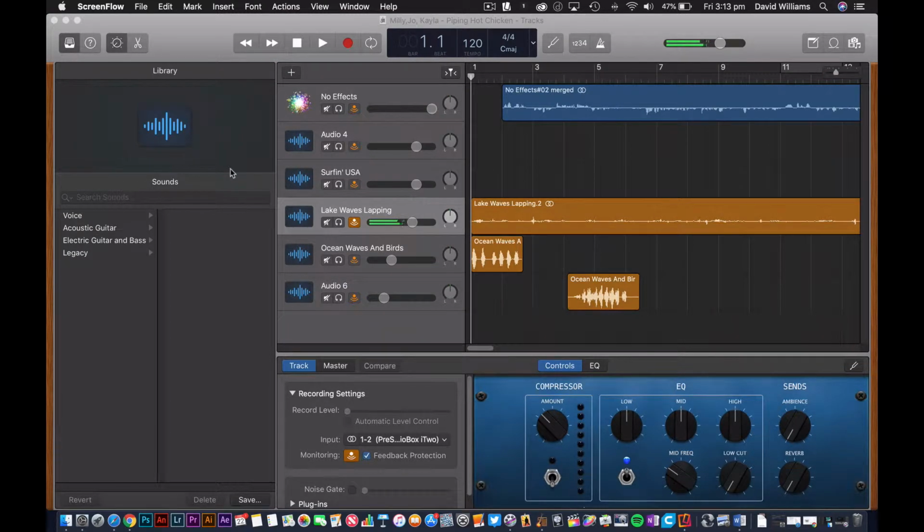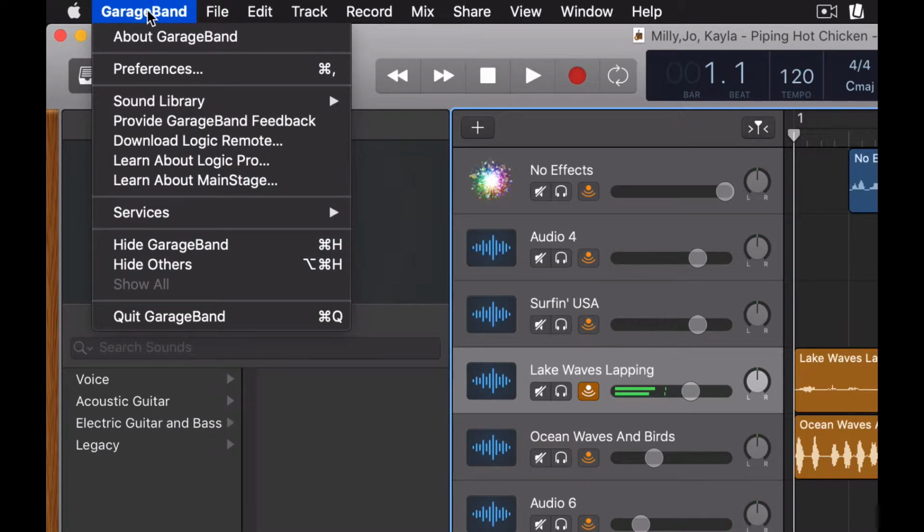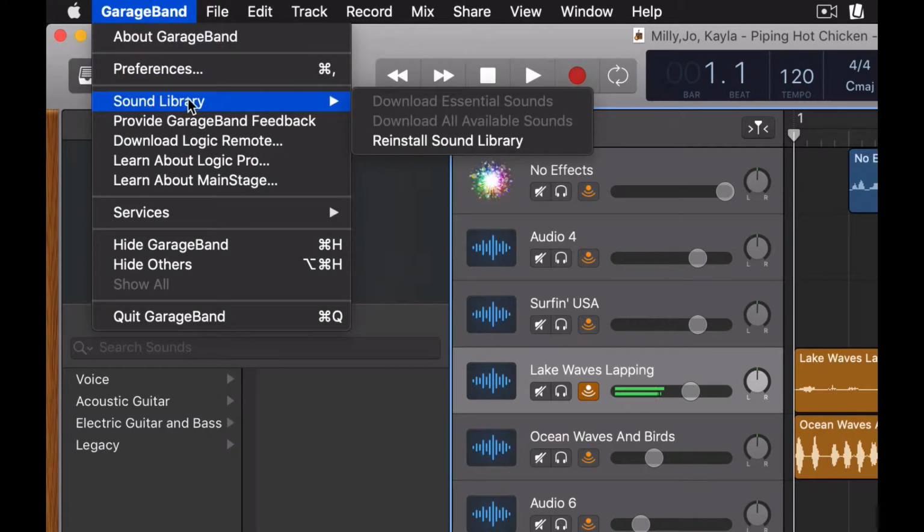Okay, so this video is going to quickly show you how to download extra sounds for the sound library in GarageBand. So first thing you do is you just go up to GarageBand, up here in the top left hand corner, go down to the option that says Sound Library and then hit Download Essential Sounds or All Available Sounds,